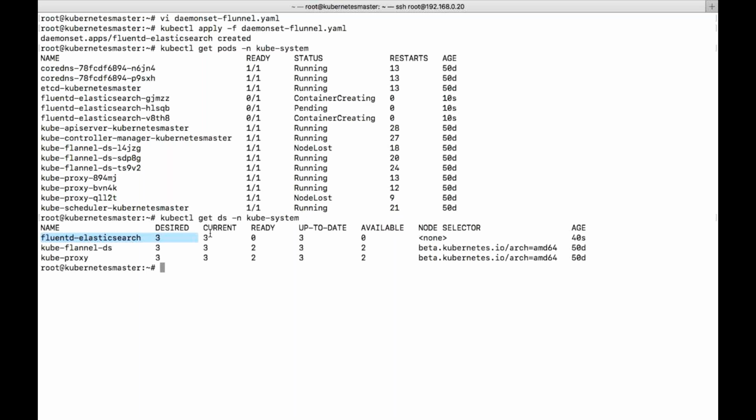It is just trying to create. Still, it is not ready. It is under creation process. So let us wait for it. You can see here, one is pending, and the other two are in the creation process. This will be a common name till here because it is created from the daemon set. Only this particular part is changed because it is a pod, to identify that there are different pods from the same daemon set.